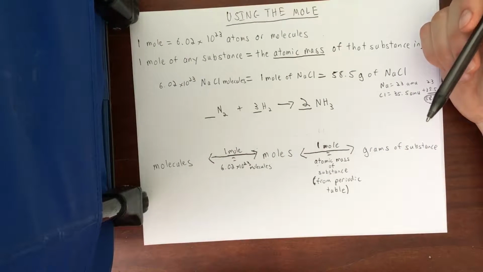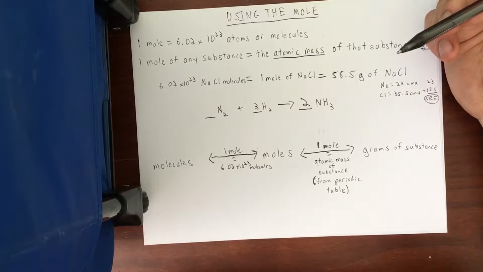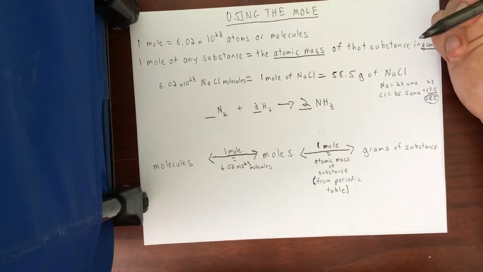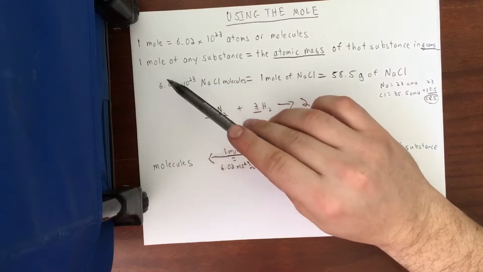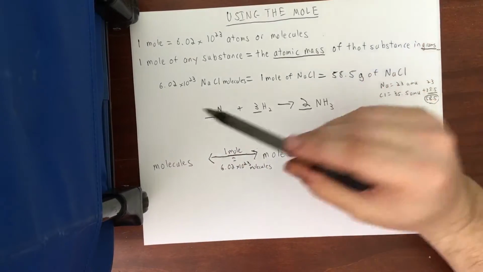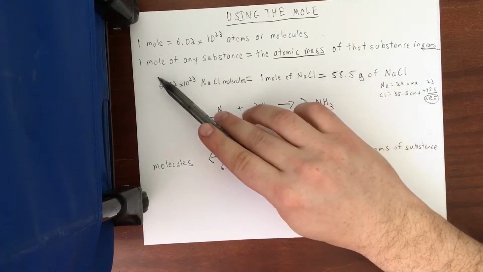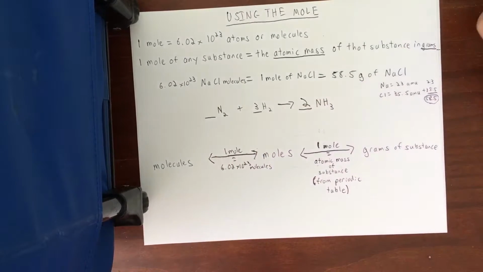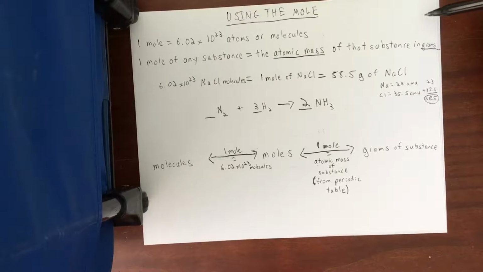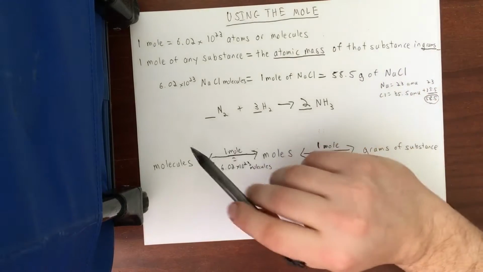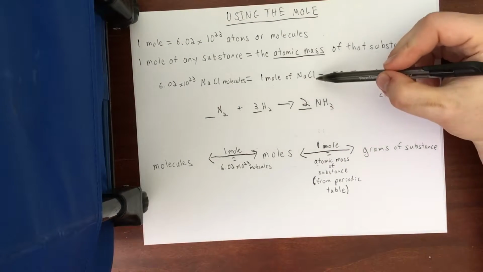And we asked ourselves the question in the last video, why would we choose such a huge and bizarre number in order to measure our atoms or molecules? The reason is because a mole of atoms or a mole of molecules happens to be the exact number of atoms that makes it so that 1 mole is also equal to the atomic mass of whatever substance we're weighing. So, for example, if we had a mole of sodium chloride molecules,